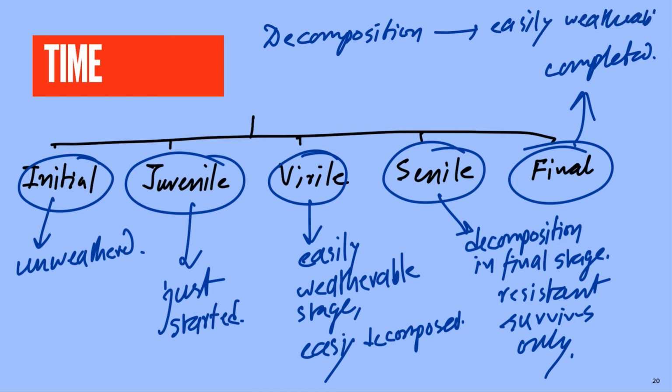After the virile stage, the senile stage comes, when the majority of the rock constituents are divided, and those particles which are still not weathered are resistant to weathering, and will take more time to weather. We call it the senile stage because the majority of the constituents of the rock are degenerated, decomposed. After the degeneration of the total rock, the final stage comes when the weathering is completed. So these are the 5 stages, and that's why time is called